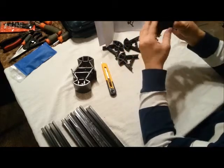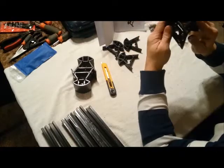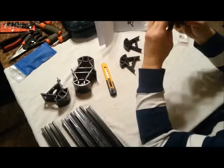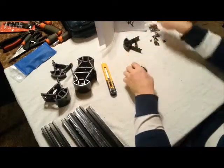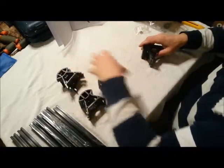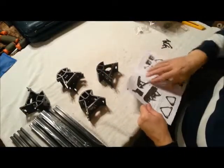So they're all just loosely fitted so that I can work them into the extrusion later. There's one top. I already went ahead and did one bottom. I already went ahead and did one top. Let's do another top. Okay, so I have all my base pieces, all the screws and square nuts in. Our next step, I believe,